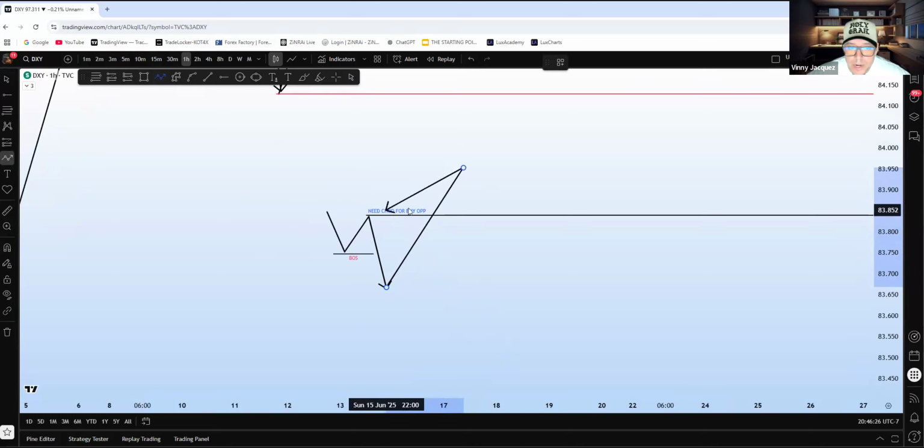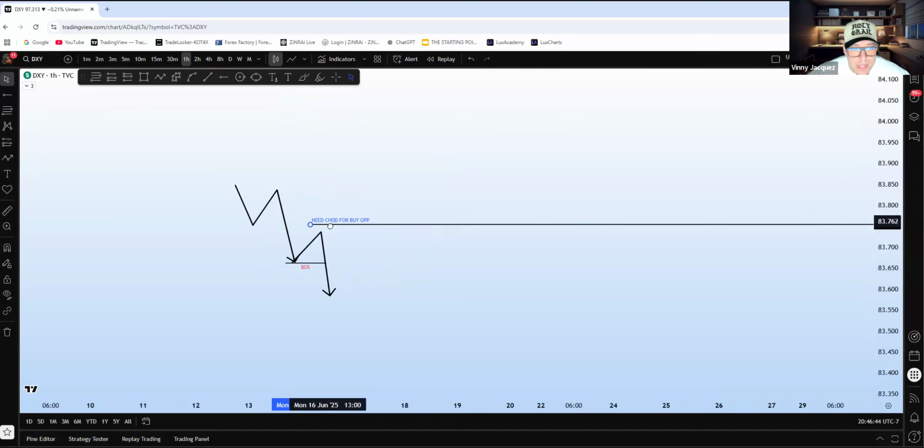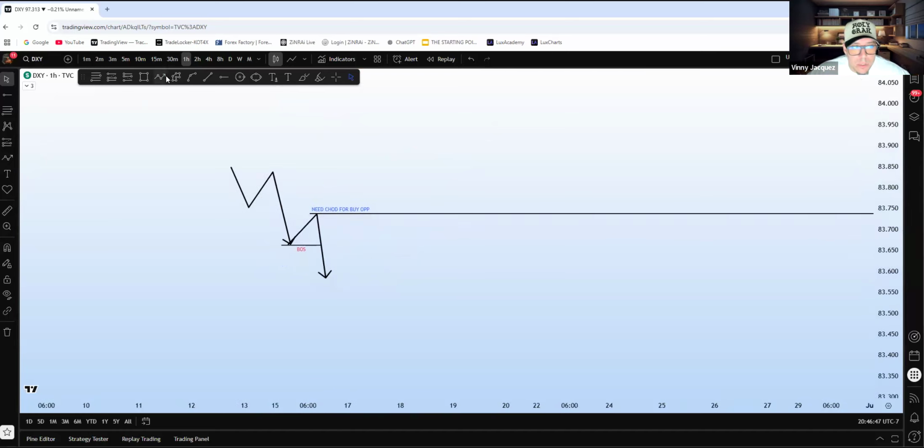If the market can break and close above, that's telling me this is the first sign of the market shift from downtrend to uptrend. Okay, cool. Now, if the market continues to drop, I want to go ahead and continue to adjust my lines. Why? Because I want to be as accurate as possible. If the market's ready to reverse now, then I'll be accurate. But if the market continues to drop and I never adjust my lines and the market gives me my first sign of reversal here,